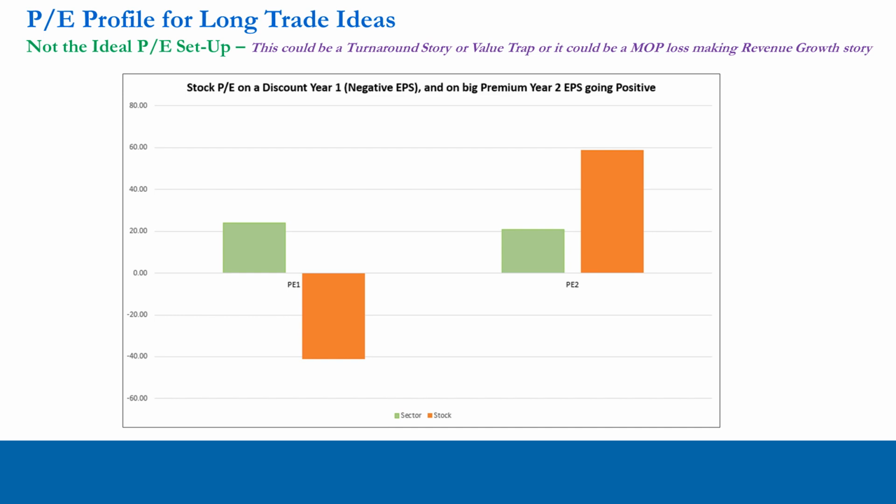potentially gives us a big opportunity for a turnaround story as long as it genuinely is a turnaround story and it's not a revenue growth story and it's part of the management operating plan to have negative EPS in period one and flat EPS in period two, or even showing a small profit in period two, therefore creating a scenario of very small EPS and very high PE. So we have the law of small numbers. This is something we're going to discuss later.